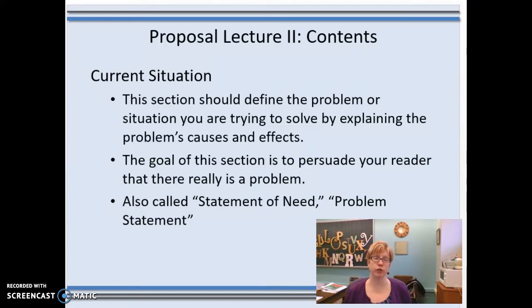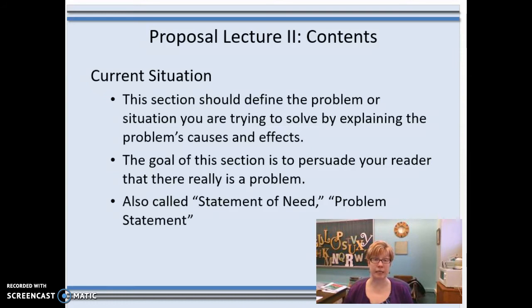Okay, so the current situation. Remember, with an unsolicited proposal, you have, well, let's start with a solicited proposal. A customer, a business comes to you and says, here's our problem, help us solve it, right? You automatically have a problem, and then your job is to simply respond to that. If you are coming up with your own project, which is going to be more of you than not, you have essentially an unsolicited proposal, and that means that the first item of business in your proposal is to show